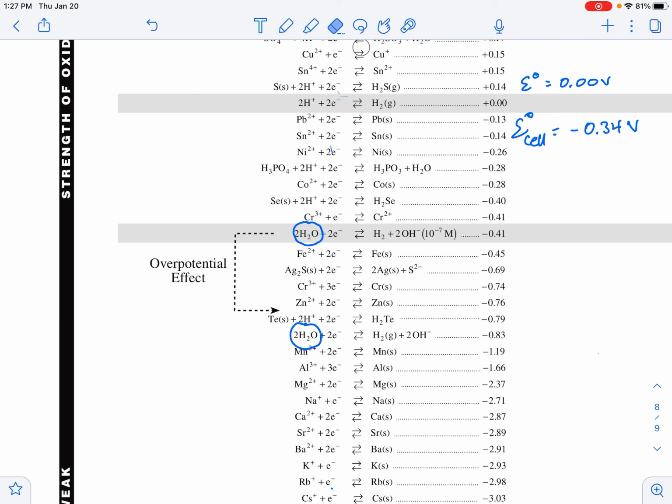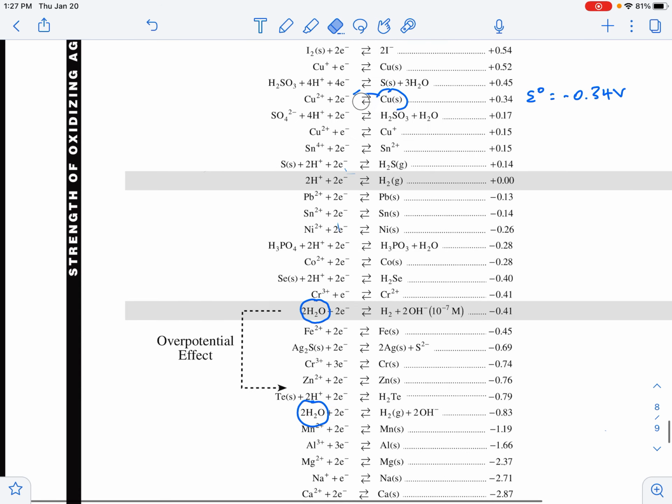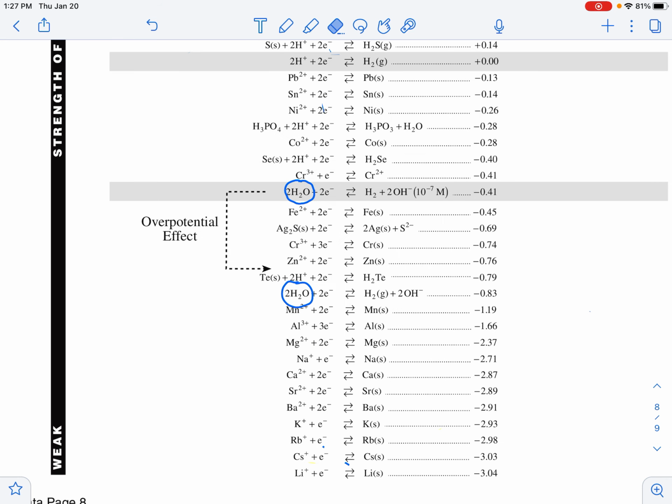Let me get rid of all of this. It's all right. So there's actually two places where water is on the left-hand side, so therefore potentially reducing. Now, which of those two lines? They're actually forming the exact same products, but you're going to choose this bottom line because what the top one